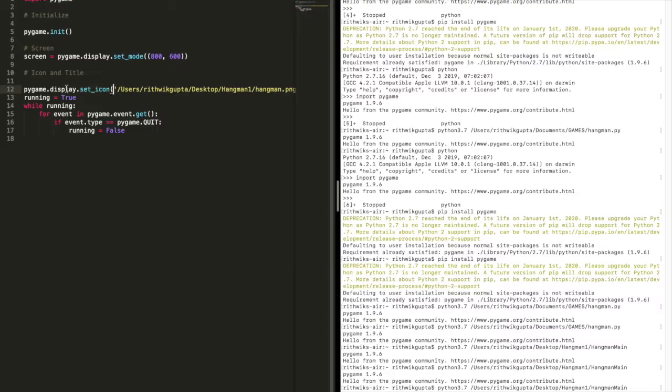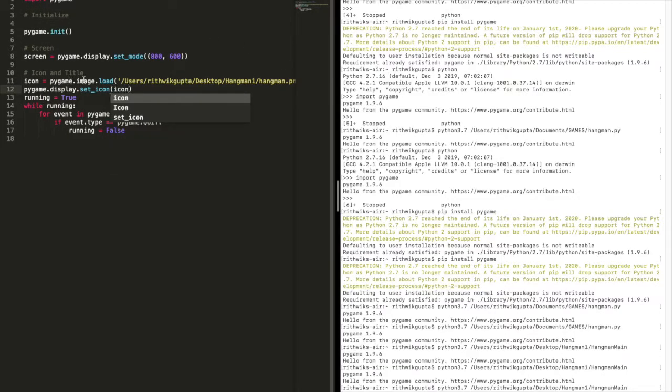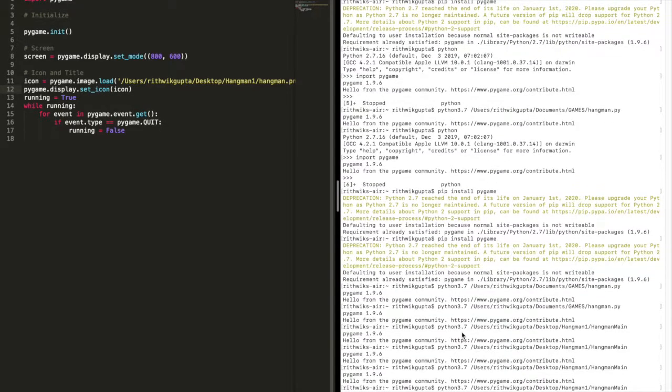And I think there's one thing wrong with this, is we have to just copy this, and then we need to create a new variable because we haven't actually loaded the image. We're just going to type pygame.image.load, and then now we loaded this image, and then we're just going to put the variable icon here. We could put this in here, but this just looks neater. Then if we run this,